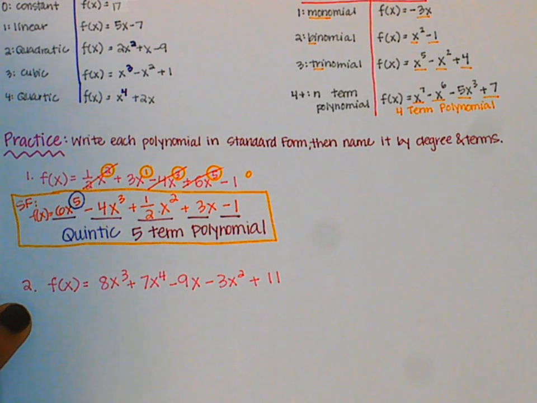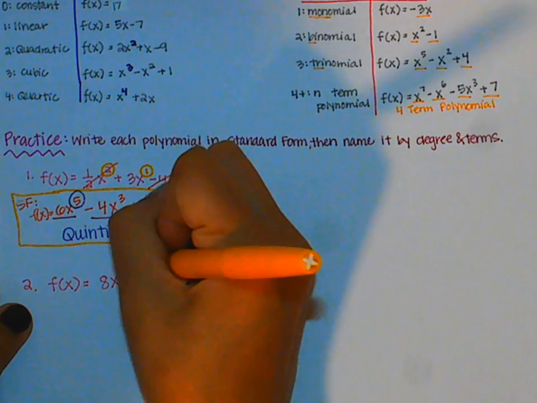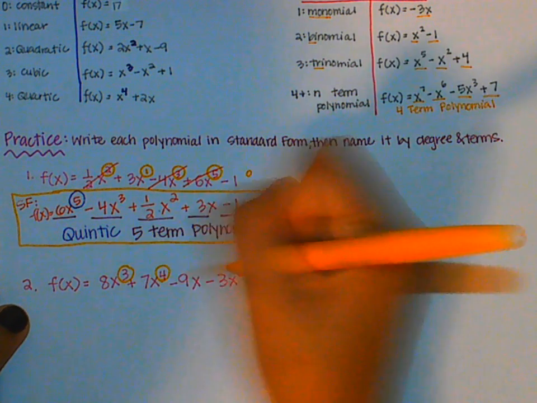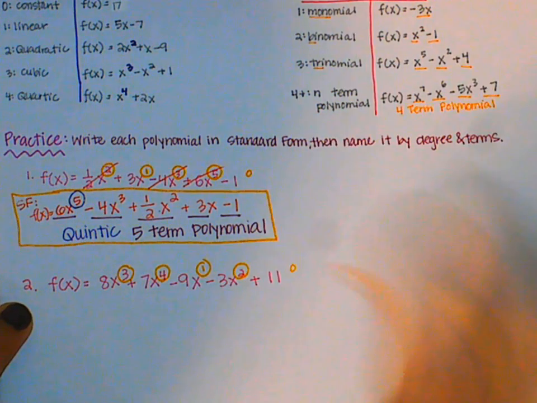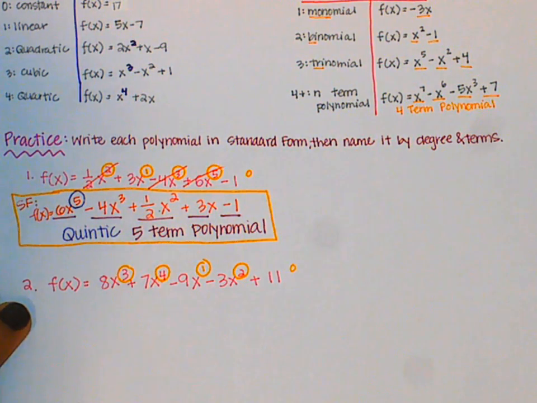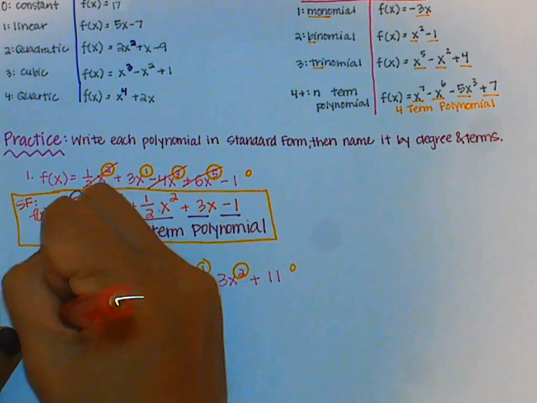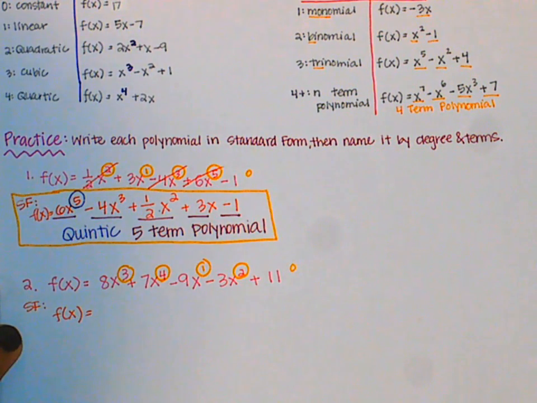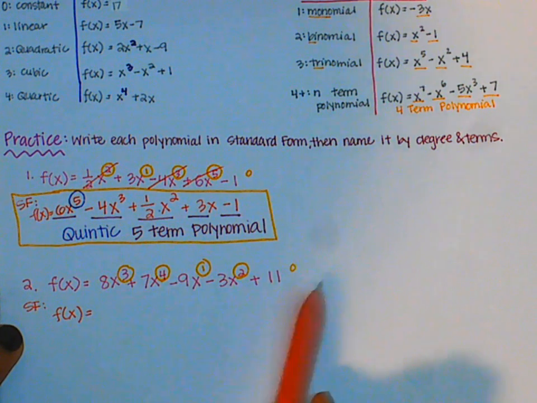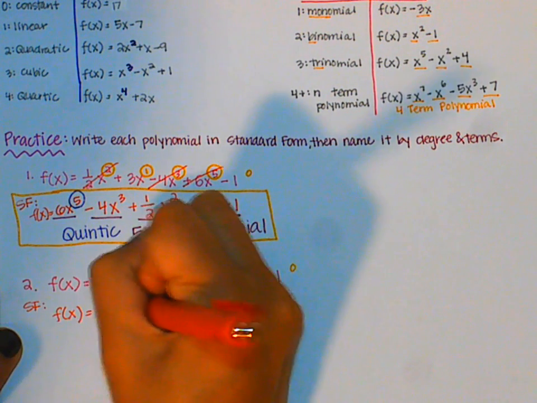I want to start off by identifying all of my exponents. Now for standard form, I have my f of x. I'm going to start off with the biggest one. So I have 3, 4, 1, 2, 0. Start off with my 4. 7x to the power of 4